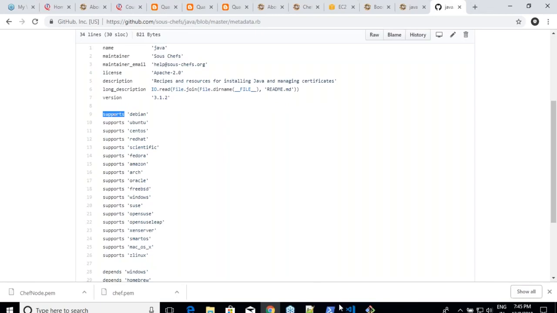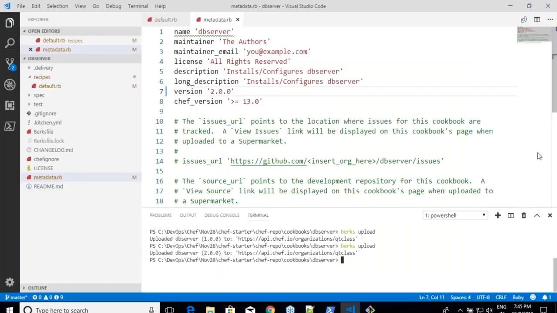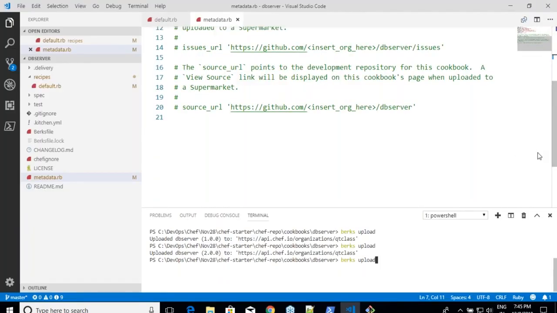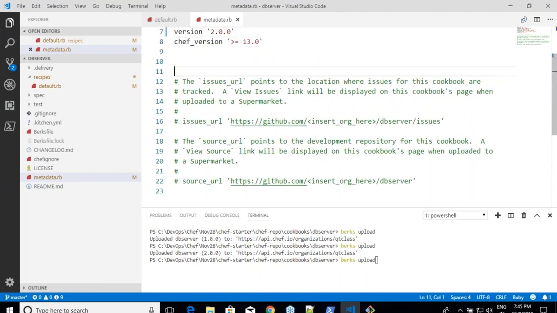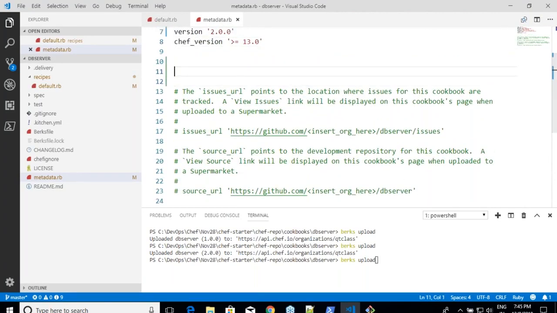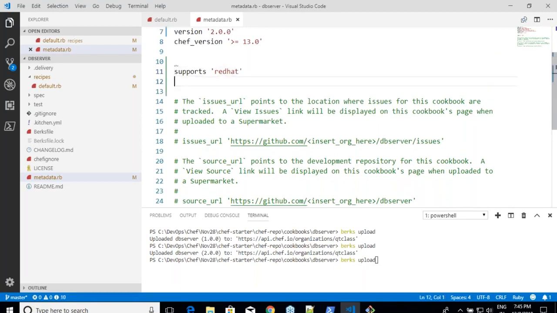So it is always a good idea, whenever you write your own cookbook, to go into your metadata.rb, and let us assume that this cookbook is supposed to work on Red Hat. Basically write a statement saying supports, right? Remember, we have spoken about this already. If it is not supported, we will raise an error, and you would say supports Ubuntu.